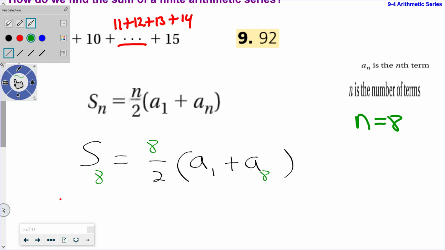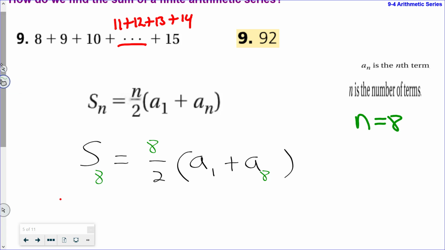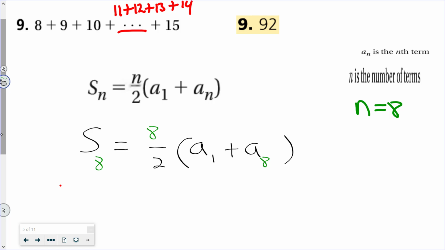So far, so good. Does anyone have any questions? Spencer? Yes. So now, a subscript 1,